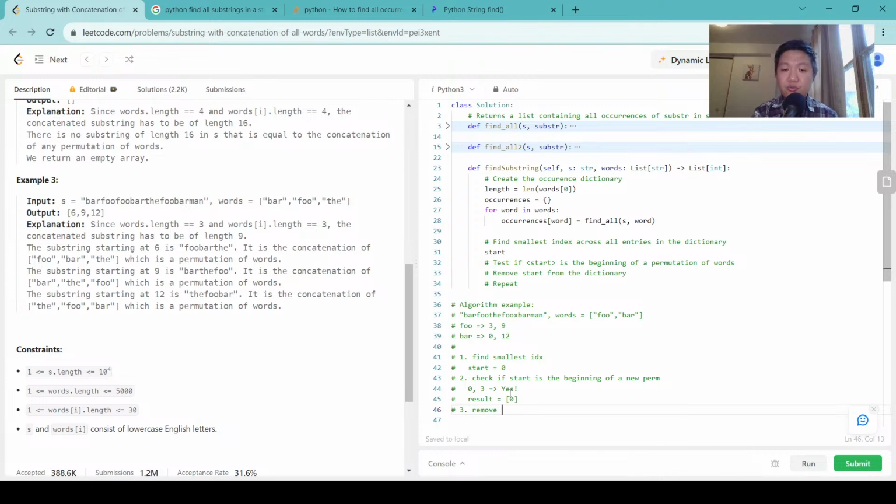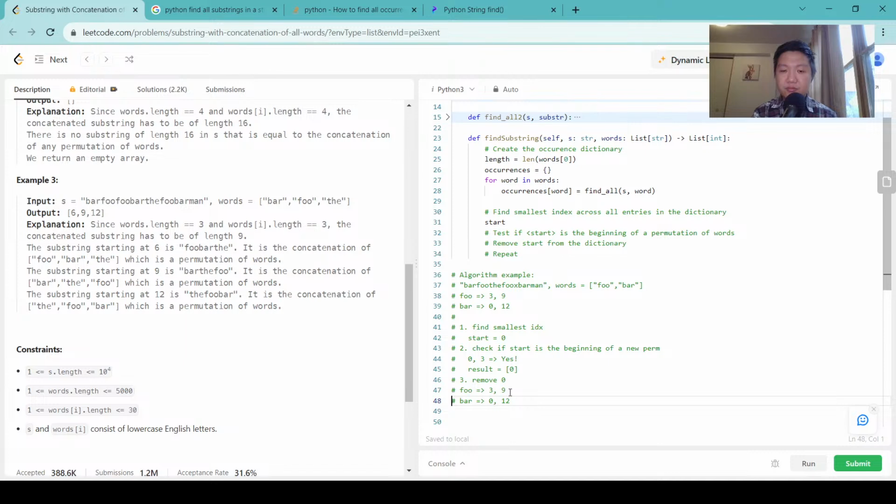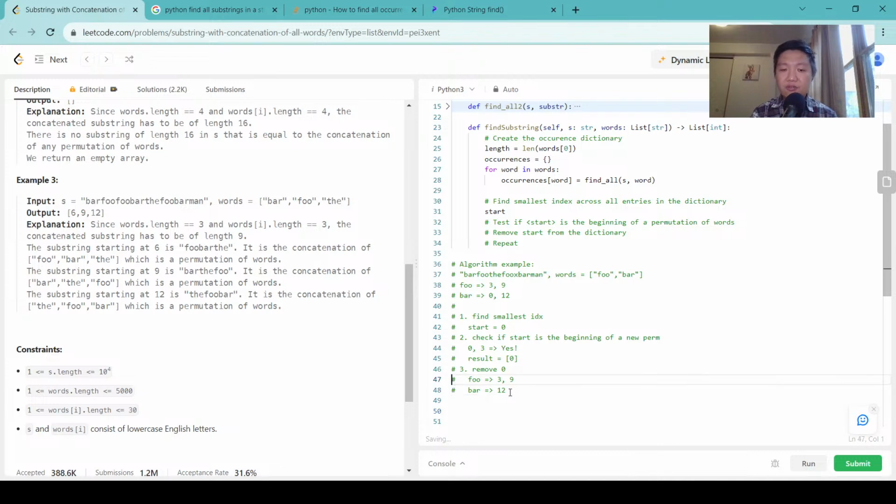Now we remove 0, which means bar is 12, foo is 3 and 9. We find the smallest index. Now the smallest index will be 3. Okay, now start is 3. Then we check if start is the beginning of a new